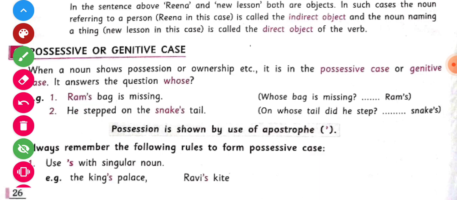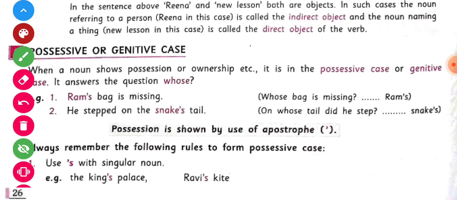ओके, नेक्स्ट इज ही स्टेप्ड ऑन द स्नैक्स टेल. अब हम यहाँ पे क्वेश्चन करें उसका पैर पर, ही स्टेप्ड ऑन द स्नैक्स टेल. उसका जो पैर था वो किस पे पड़ेगा, स्नैक्स टेल पे पड़ेगा, यानी कि सांप की पूंछ पे उसका पैर रखा गया है ना. तो हम यहाँ पे पूछें किसके टेल पर, किसके टेल पर यानी कि सांप के, यानी कि स्नेक्स टेल. हियर इज अ पजेसिव केस. ओके,